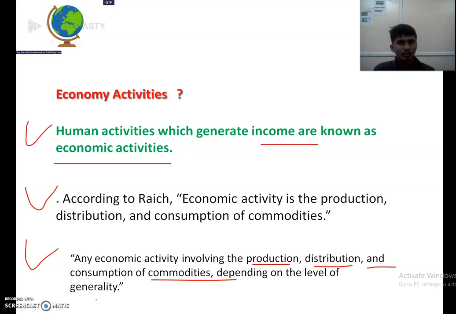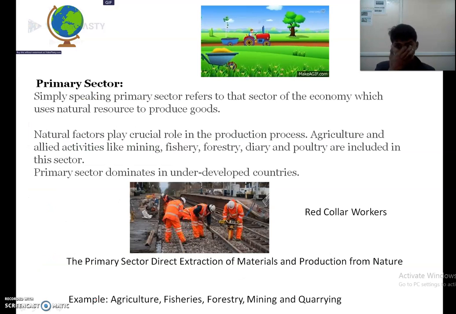Economic activities are broadly grouped into various types of sectors like primary sector, secondary sector, tertiary sector, or you can also call the activities primary, secondary, tertiary, quaternary and quinary. So, higher services under the tertiary activity are classified into quaternary and quinary activities. So, let us first understand the difference between the different sectors of the economy, so that it will be easier for us to understand. So, let us see.